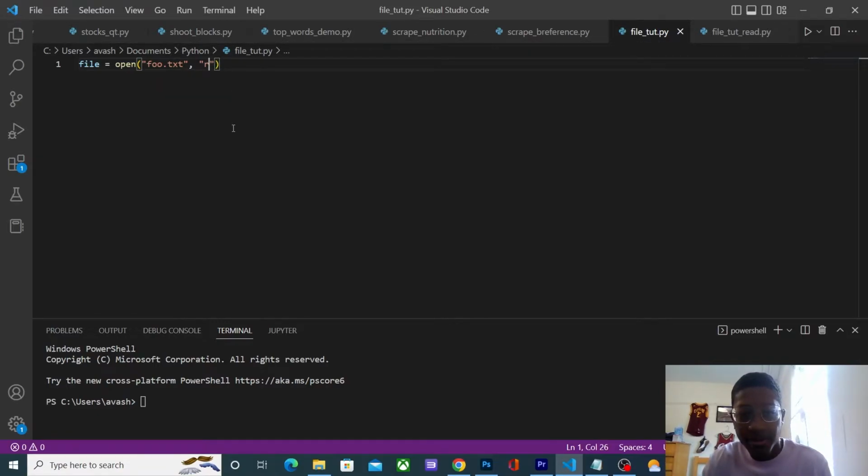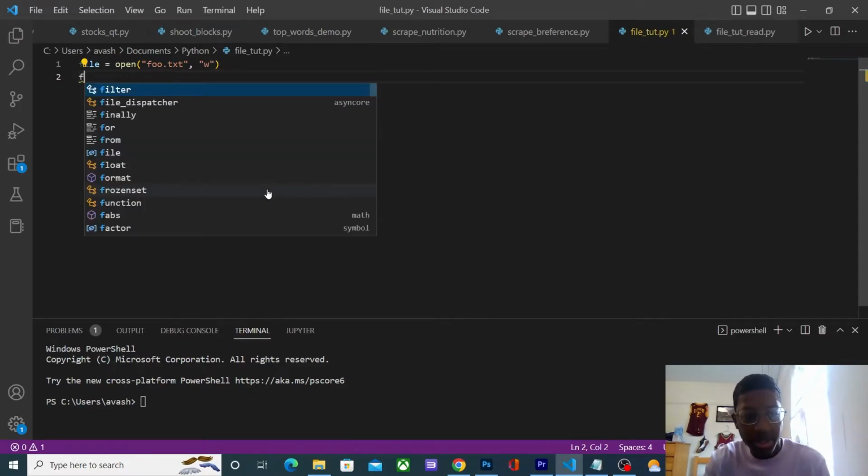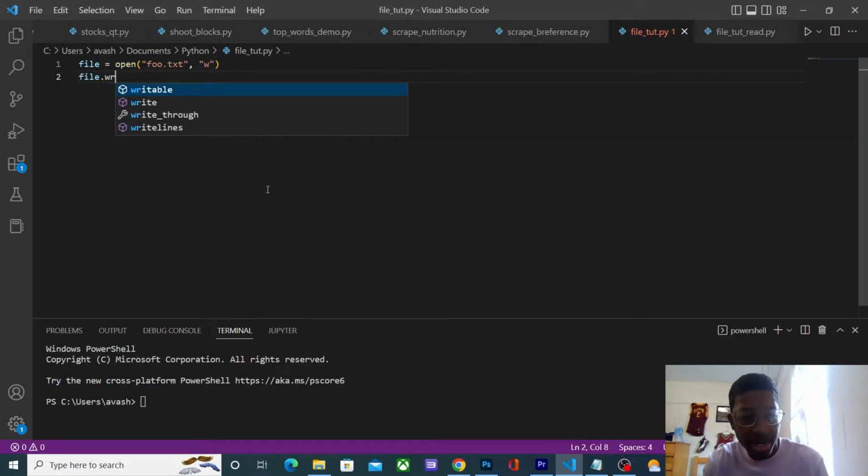But before I read from a file, I want you to write to a file. So I'm actually going to change the mode here to W. W is write to a file. So I'm going to do file equals open foo.text. So that's the name of the file, and then the mode is write. Now, how do I write to a file? Well, what I'm going to do is I'm going to do the name of the variable, file.write,